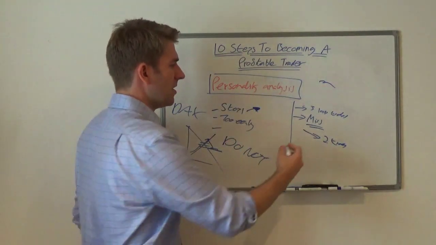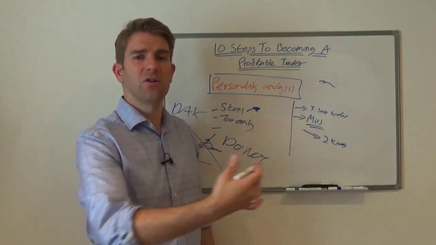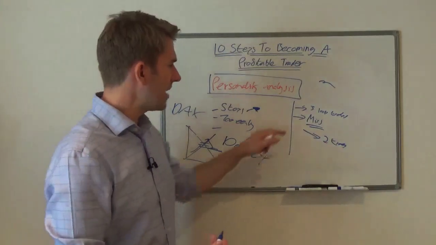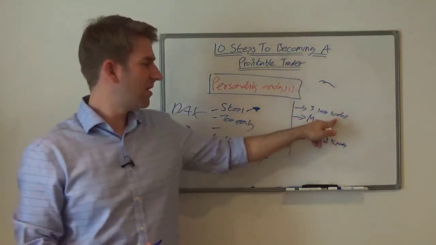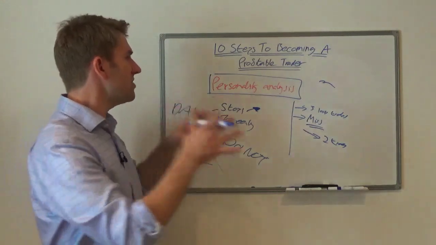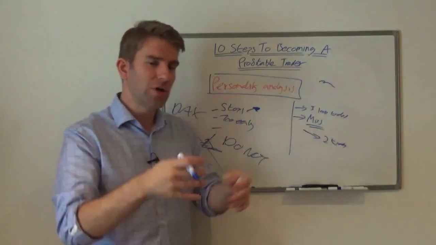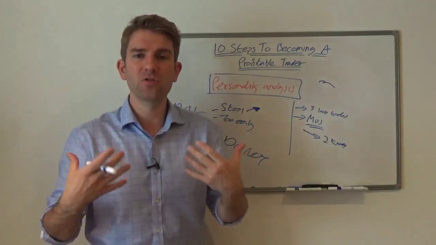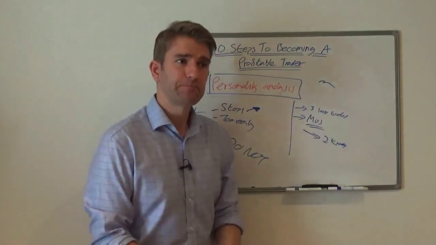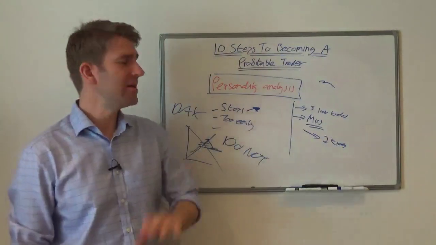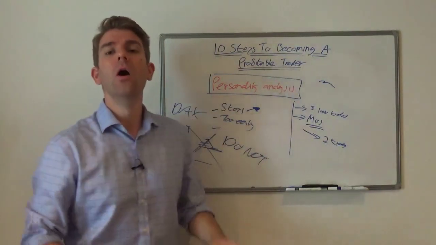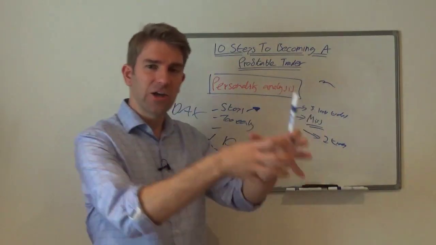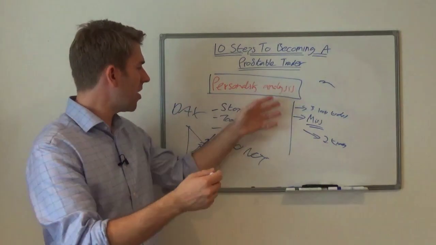For some people, missing trades is no big deal. For other people, it's their arch rival. Some people revenge trade. Some people really get affected by having losing trades. Some people couldn't give a toss. So this all comes down to personality. Again, it's all about looking at you objectively, saying what annoys you, what triggers the trading behavior that ultimately leads to failure, or perhaps you're just trading without doing an analysis. You come in in the morning, you say, I think that's long, I'm going long. Whatever it is, there's something there that is not working for you, and it's your case of extracting it, looking at it, working out what's triggering it.